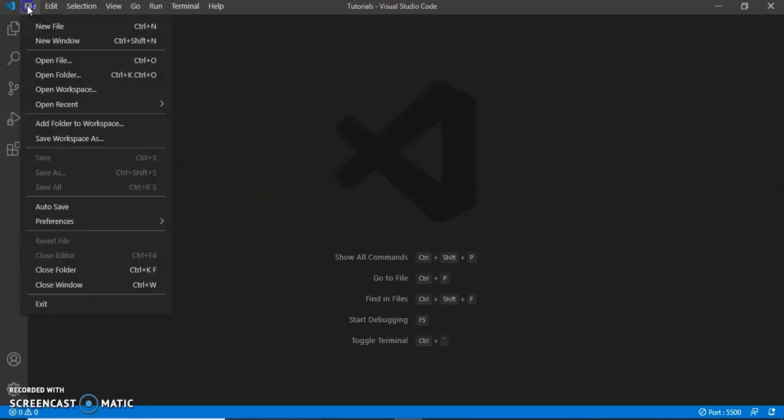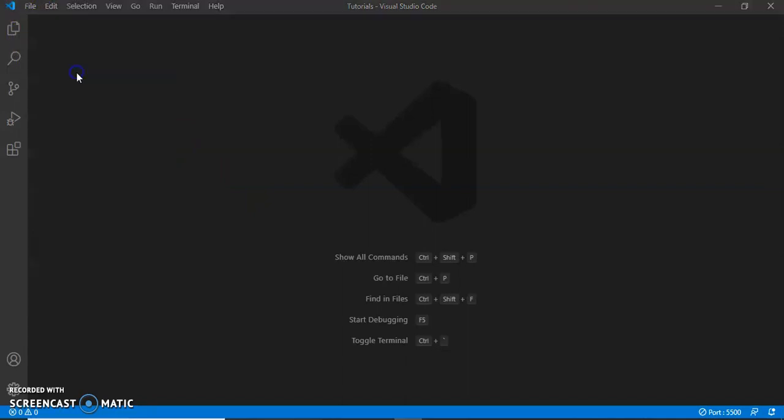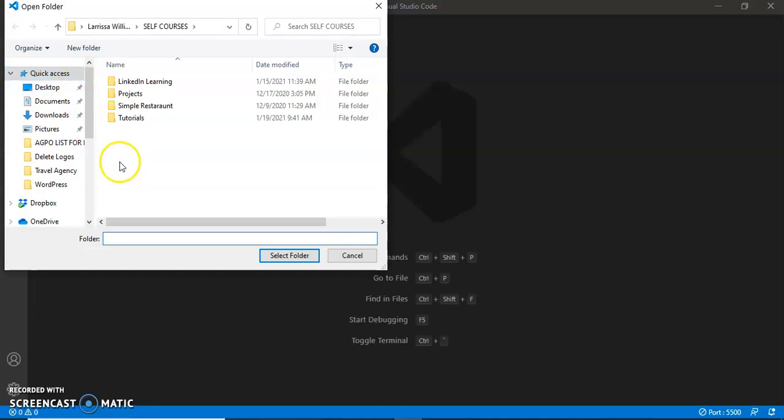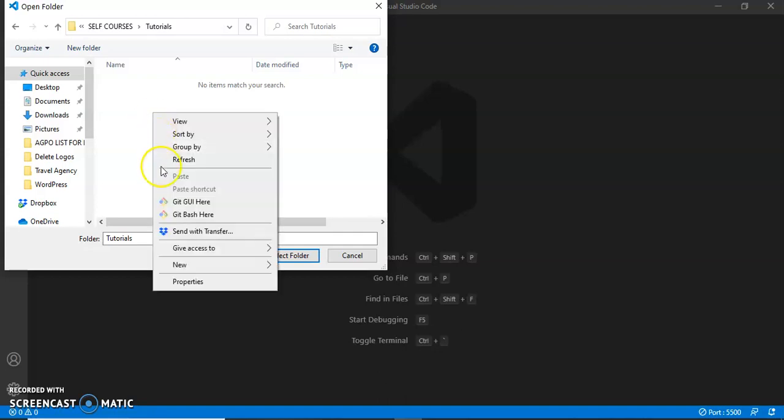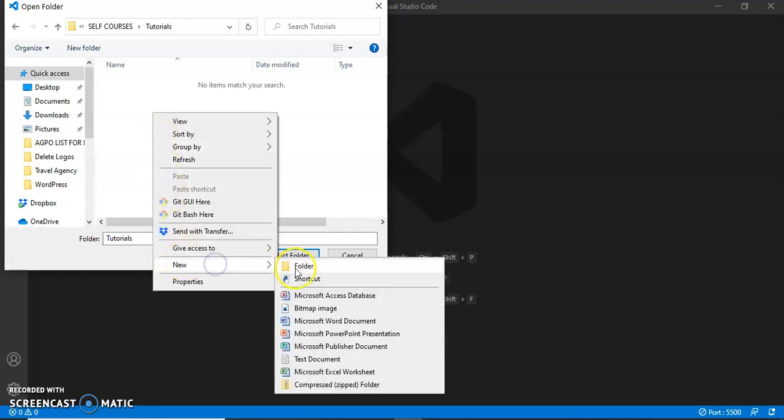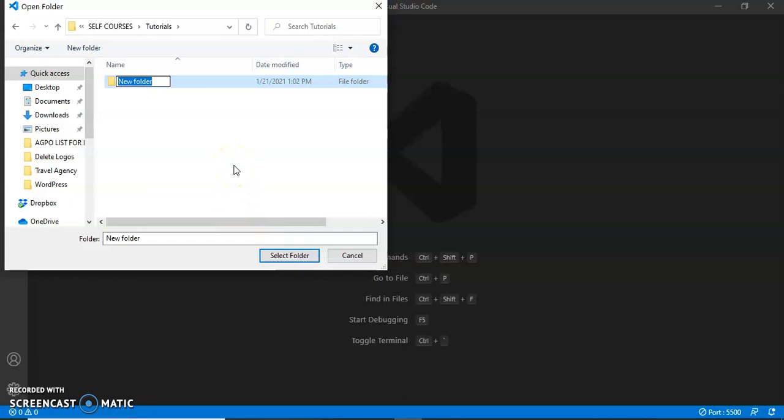But for my case, I'm just going to go here and click on open folder. Let's say I want to put my new website under tutorials, so I can just create a folder here and name it media, like that. Okay, so under this folder